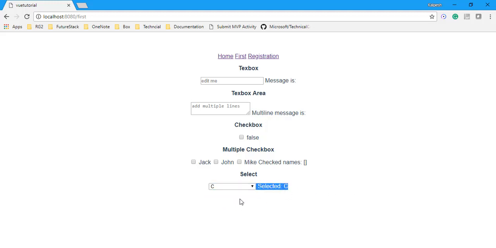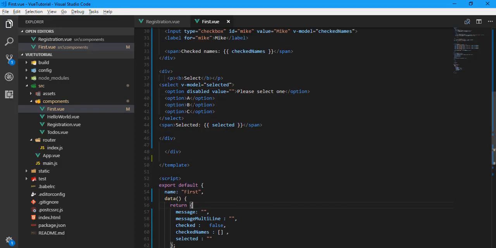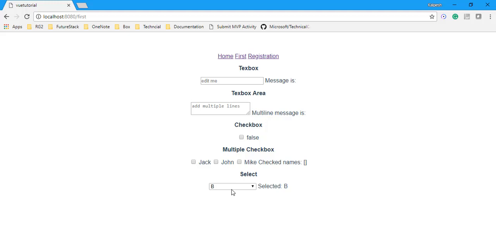But someone may ask what if I want a default selection. If I give this selection as B, then you see by default when the page is refreshed, B is selected. So this is two-way binding. Whatever you change over here, it reflects, and you can change from the JavaScript side, it will impact the controller level. We covered the text box, text area, checkbox, multiple checkbox and select statement,